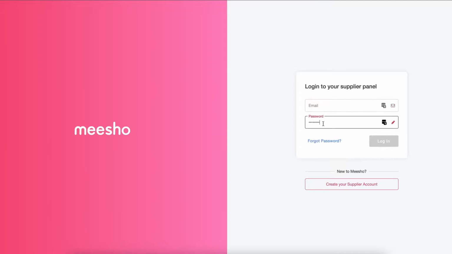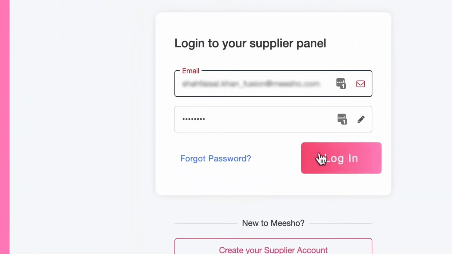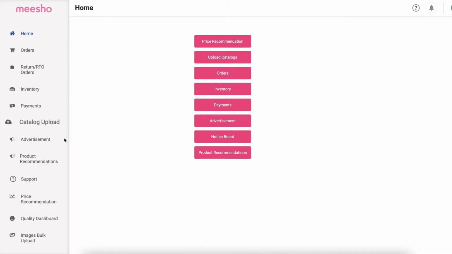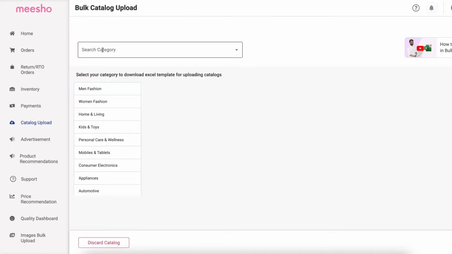To get started, make sure you are logged in to the supplier panel with your email ID and password. Once logged in, go to the Catalog Upload section of the panel and click on the Add Bulk Catalog. Clicking on this will take you to the next page where you will be asked to choose the right template